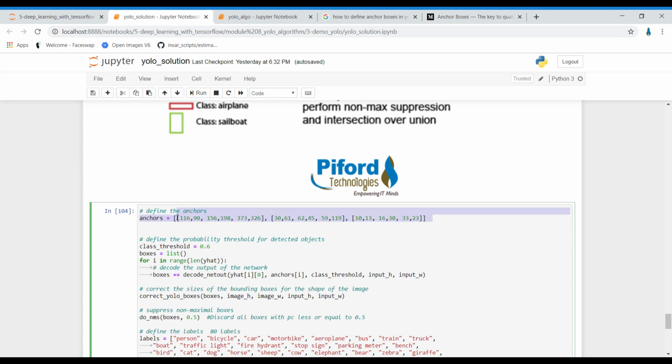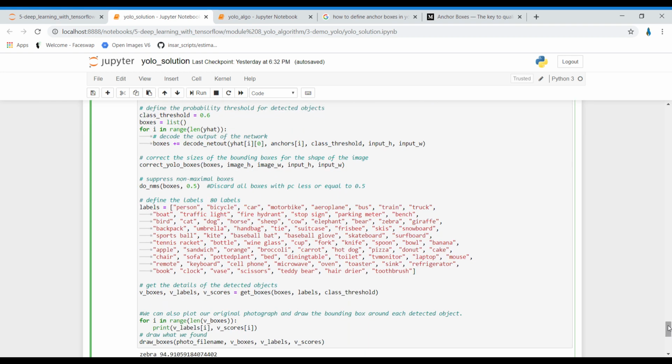These are the three anchor boxes for three different scales, and these are the labels. I've told you we have used the weights which are pre-trained on the COCO dataset, and the COCO dataset has 80 different classes, and these are those 80 different classes.